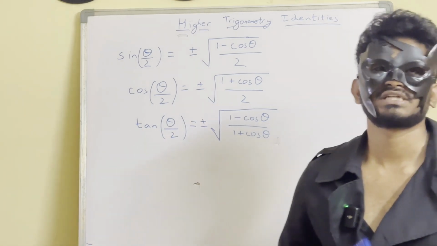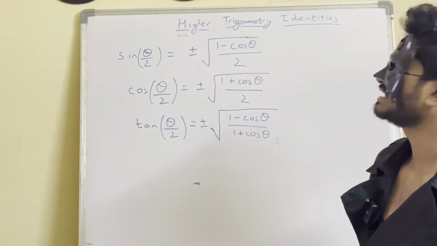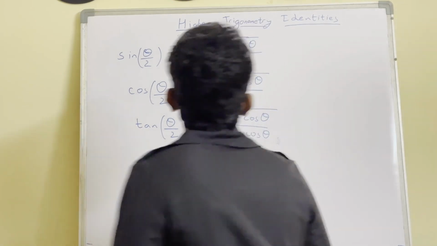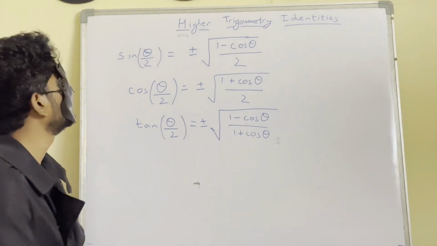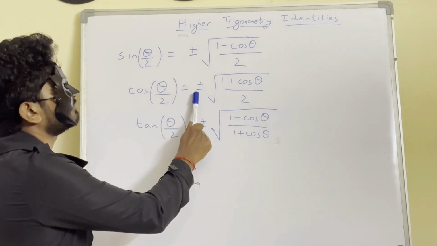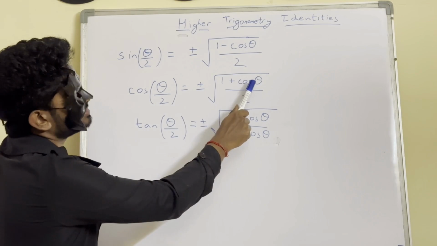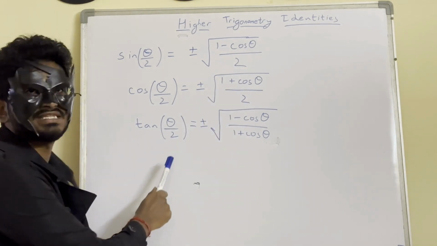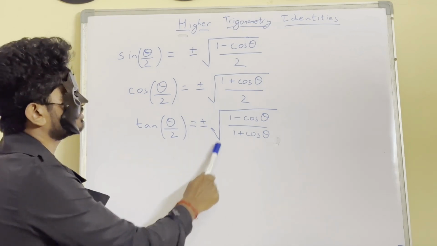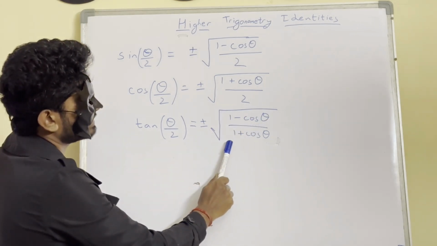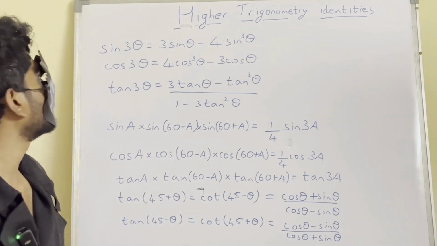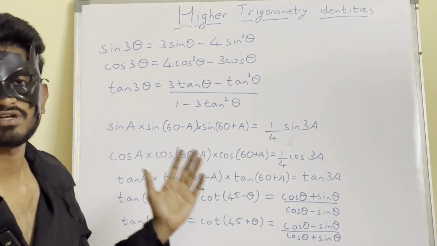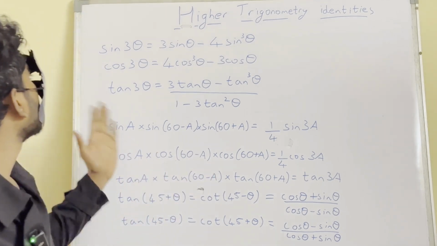So superhumans, next identity is sin theta/2 is equal to plus or minus square root of (1 minus cos theta)/2. Cos theta/2 is equal to plus or minus square root of (1 plus cos theta)/2. Tan theta/2 is equal to plus or minus square root of (1 minus cos theta) by (1 plus cos theta). So superhumans, other important identities, as part of higher trigonometry identities, is sin 3 theta is equal